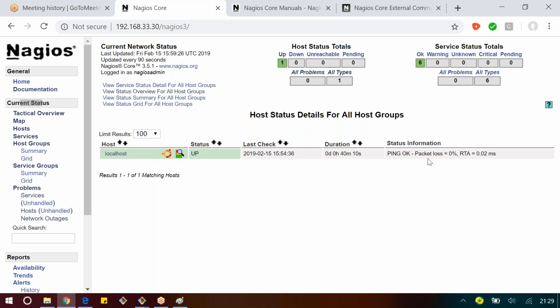Normally if you'd like to verify a host, what do we do? We run the ping command against that host, the name or IP address. Instead of running that ping command manually, what Nagios does is that in the background some scripts are running with that interval